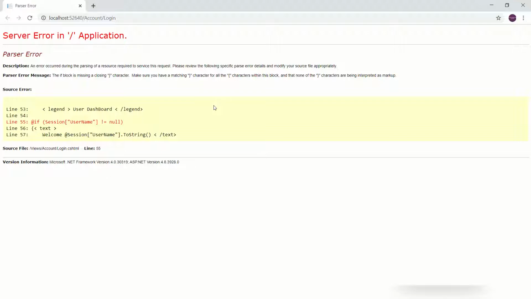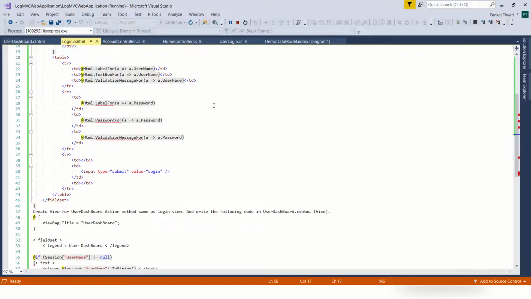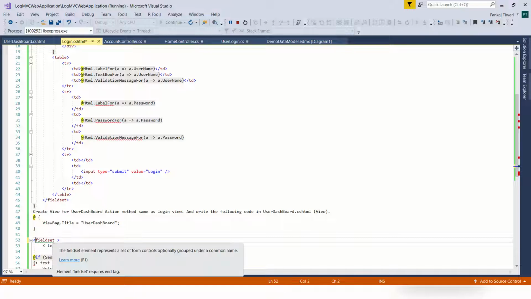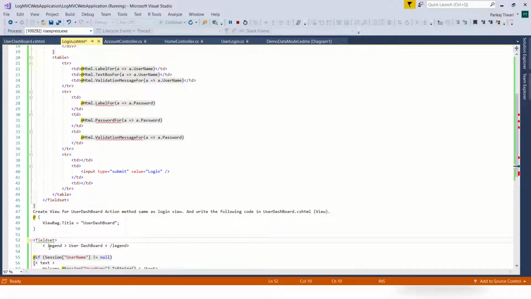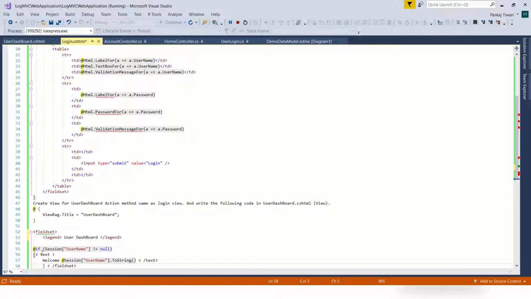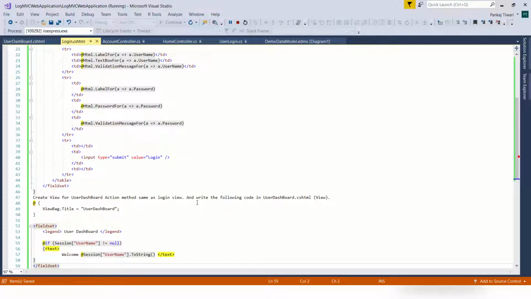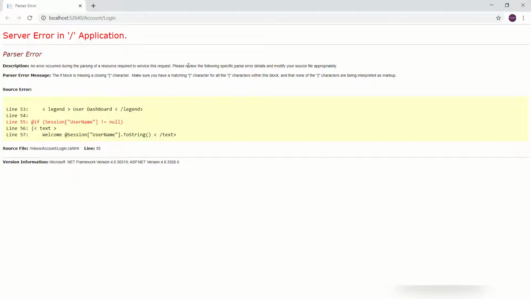Okay, we have got some error. What is that error? Let's see. Now we'll reload the page.